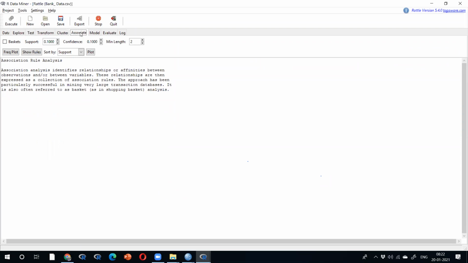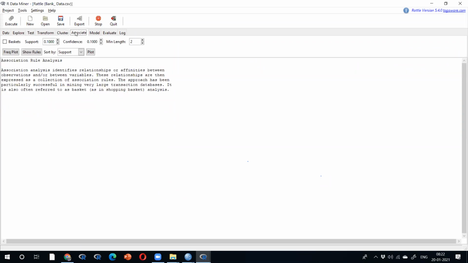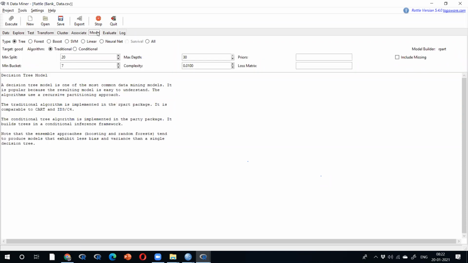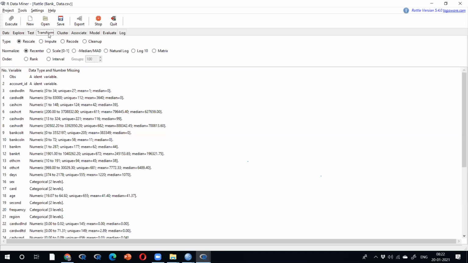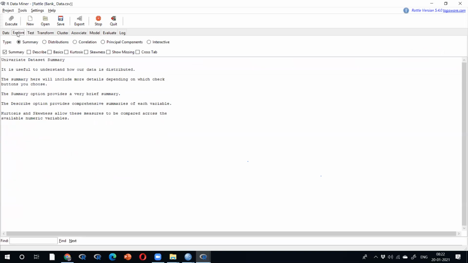All learnings are there. Right, Srikanth? Yes, sir. This cluster technique is coming under unsupervised. Association mining is coming under reinforcement. Modeling is coming under supervised learning. For reaching these three levels, you have to complete transformation before testing, before exploratory.